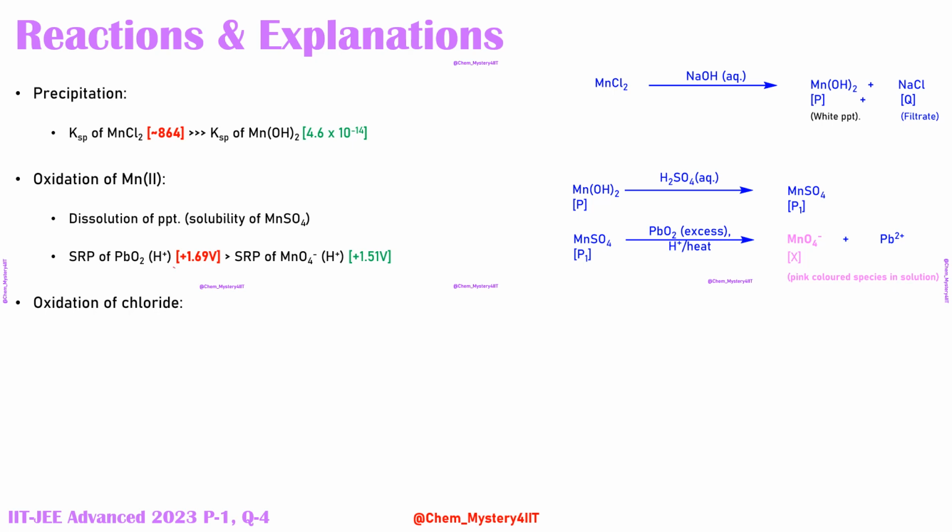SRP value of PbO2 was higher in comparison to the SRP value of manganese 2 plus. So this oxidation will be taking place quite easily. Now, the last explanation: why oxidation of chloride is taking place. This was tricky,